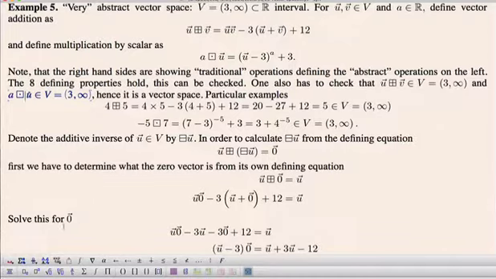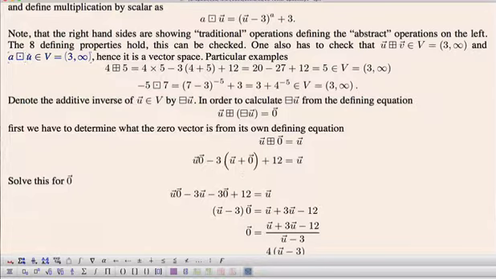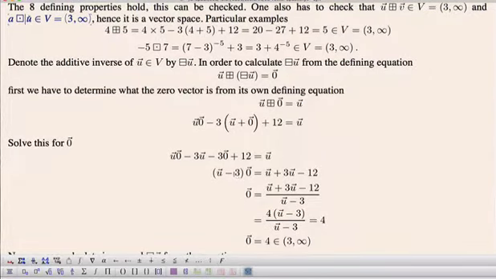So we solve for the 0 vector. We can multiply term by term and rearrange. What we get is that u minus 3 times the 0 vector equals u plus 3u minus 12. Then we can divide through by u minus 3 to get that the 0 vector equals 4 times u minus 3 over u minus 3. And after simplification, we get that this is 4. So what we got is that the 0 vector is actually the number 4,